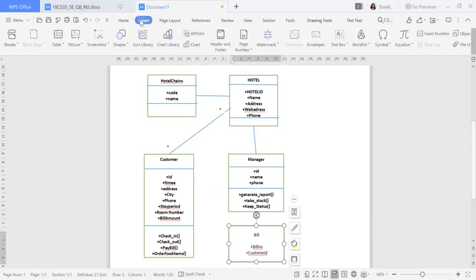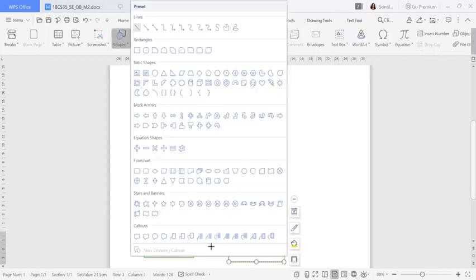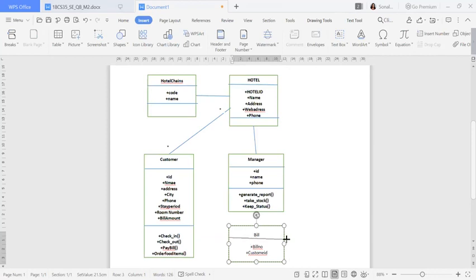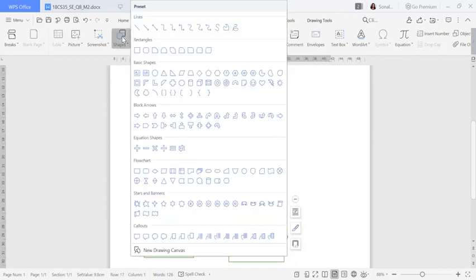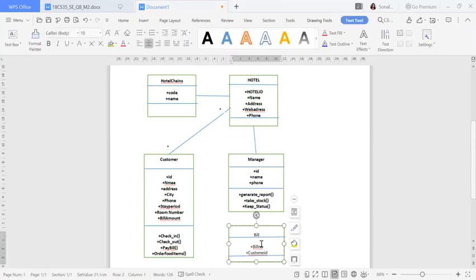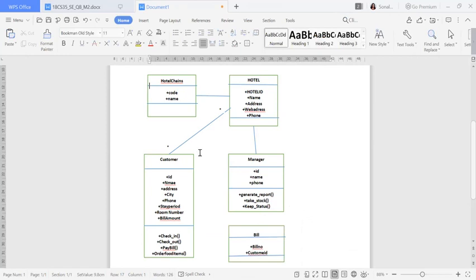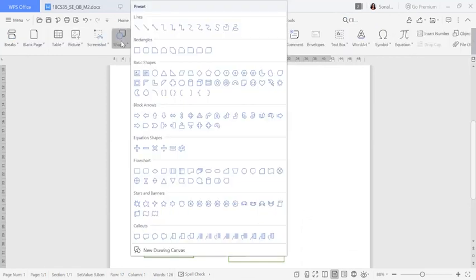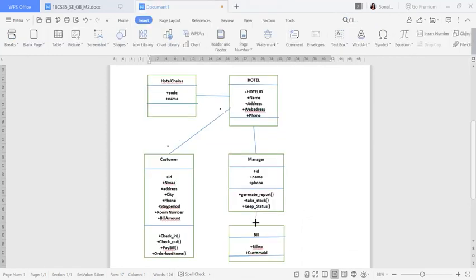Okay, so I'll separate it. I'll take this bar, I'll separate it. This is my class name and these are my attribute names, and if you want to add anything else you can add that also. Fine. Okay, so now next, where to where do I have to give the connectivity? I'll first make it bold. I need to give the connectivity from manager to bill. So I will take it as per the question. Everything I'm doing is as per the question.